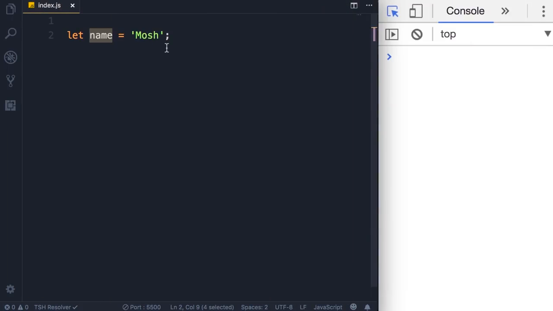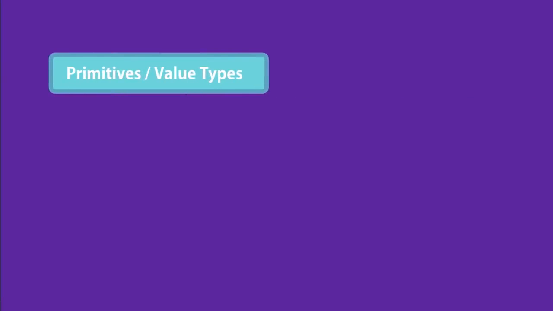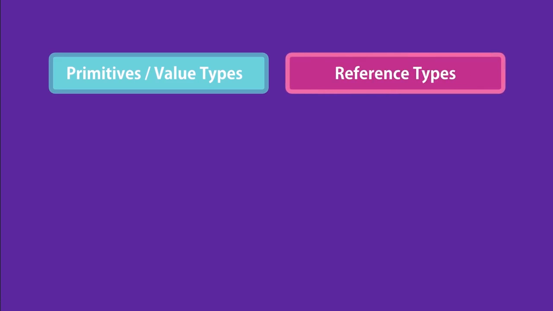So you have learned how to declare and initialize a variable. Now you might be wondering, what are the kinds of values that we can assign to a variable? Well, you have seen strings, but we have more types. Basically, in JavaScript, we have two categories of types. On one side, we have primitives, also called value types. On the other side, we have reference types. In this lecture, we're going to focus on primitives, and you're going